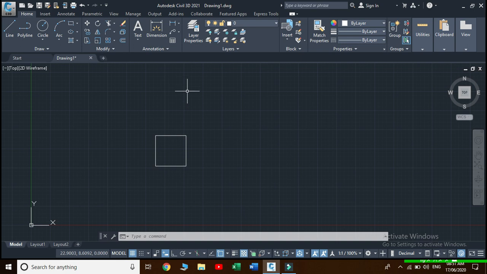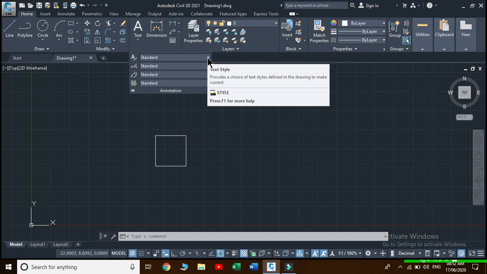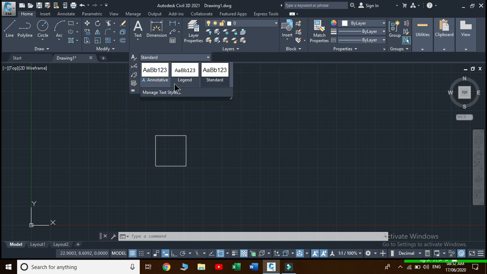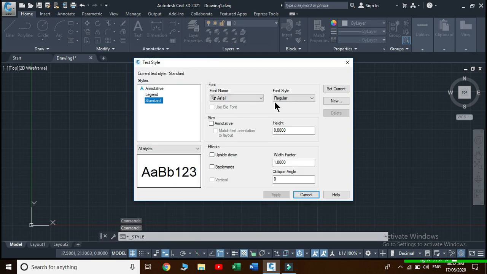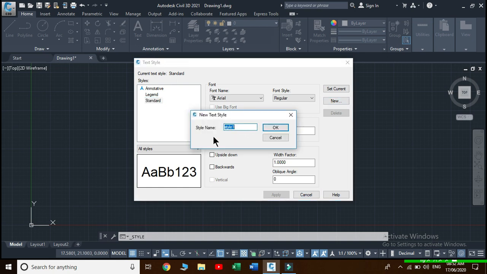To create a new text style, click on this down arrow on the right side of this annotation, and click on this down arrow on the right side of standard text style. Here go to manage text styles, and to create a new text style, click on this new. You can give a name to your new text style as you desire. Here I will name it as Pro Style